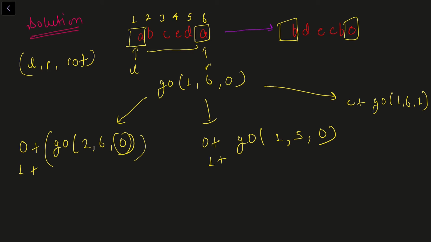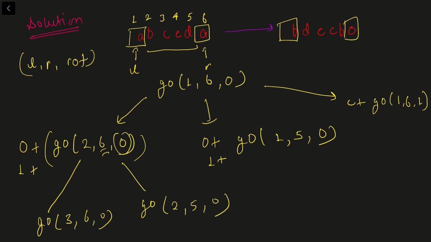So in a similar fashion, I can transition from one position to another position. Let's say I want to transition from this position, then I'll go to 2 plus 1 3, comma 6, comma 0, and I can also go to 2, comma 6 minus 1 5, comma 0. Okay, and apart from that, since it is 0, we can rotate it, right? If it is 1, then I'll cover that case, but if it's 0, I can just try to rotate it here, 2 comma 6 comma 1, and then we can add C here, right? So that's how we can transition.